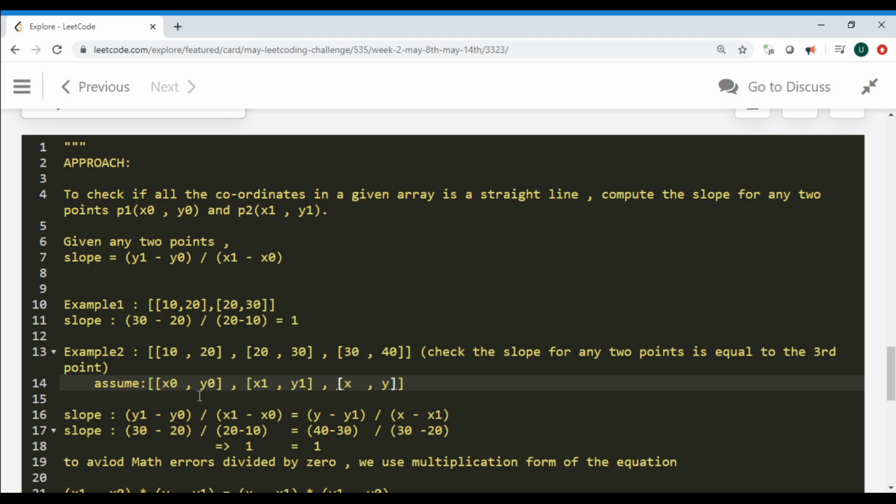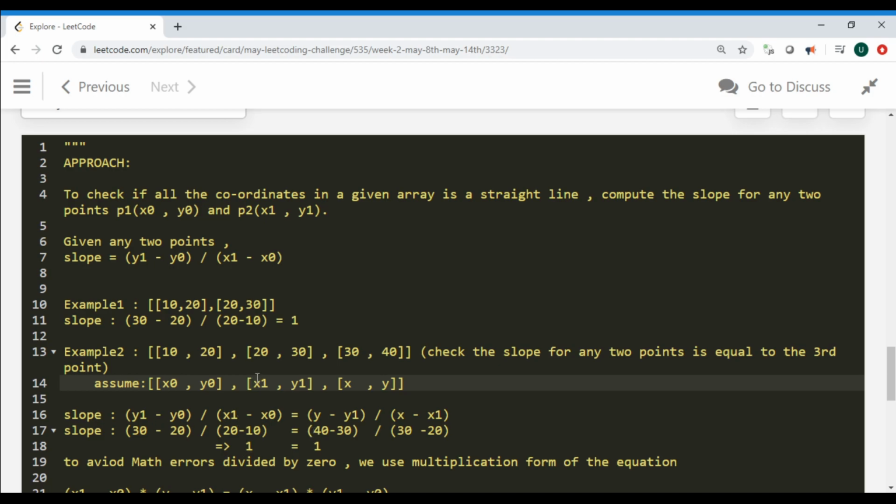As you see here, I'm going to pick the first 2 points and substitute the values in the given slope formula. I take y1 and subtract y0, and I do the same process for the x values. Then I get a slope of 1.